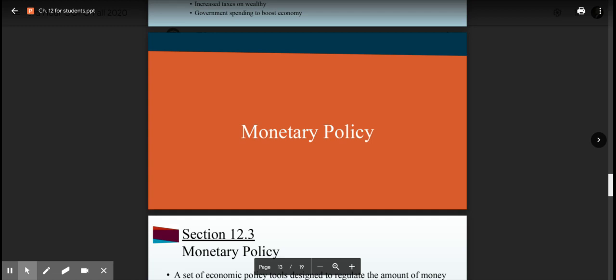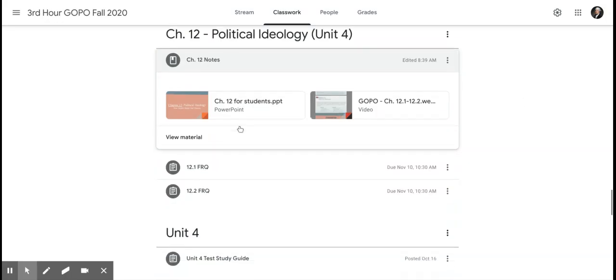Welcome back. I'm going to finish up chapter 12 today, which is about political ideology. And we're going to see political ideology in the form of how the government controls our monetary policy and also through our social policy. So, with monetary policy,